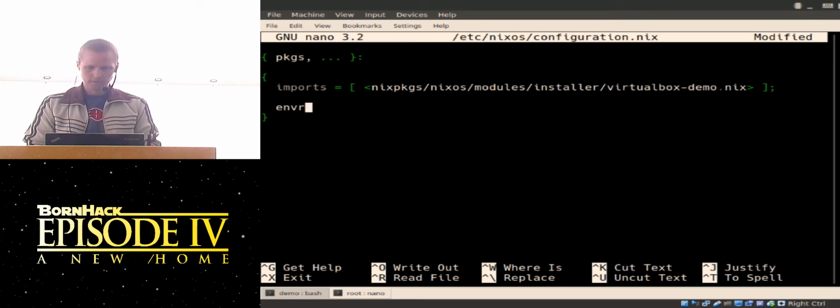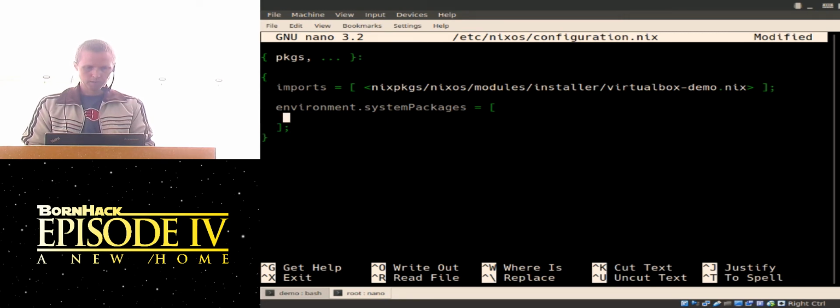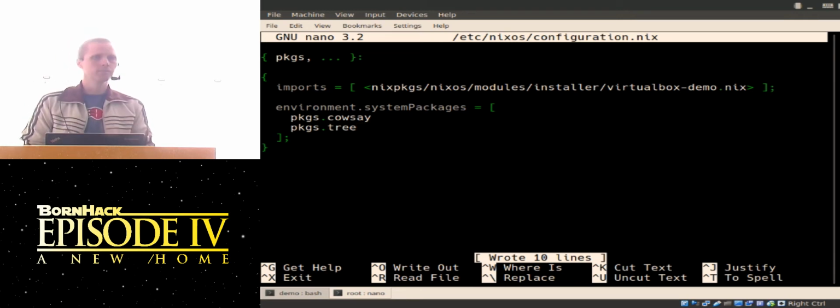So we can start. Let's install cowsay globally, since it's a bit annoying to keep installing it in every user's environment. We can also install the tree command, since I might use that. So now I've declaratively described which packages I want available in my system for all users.